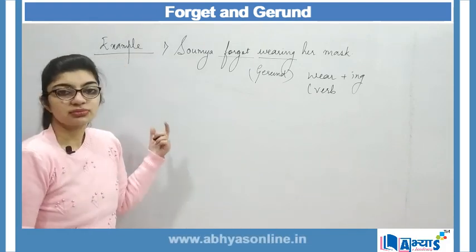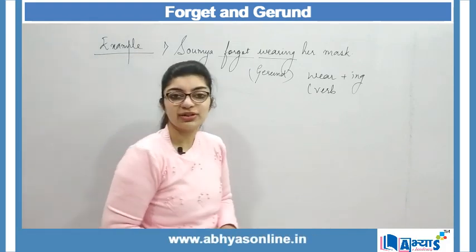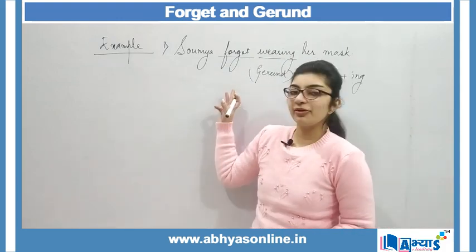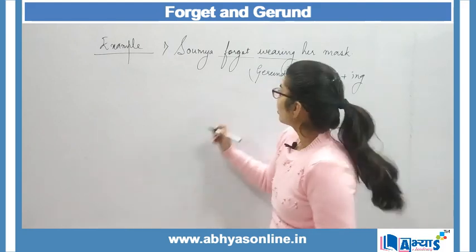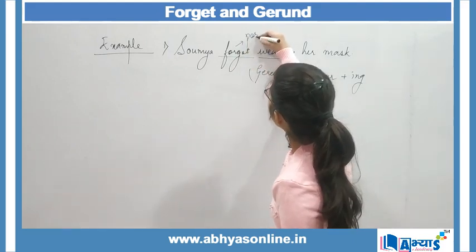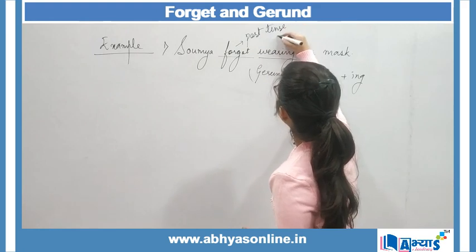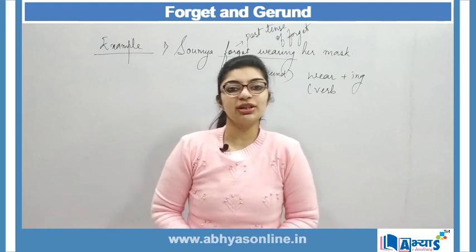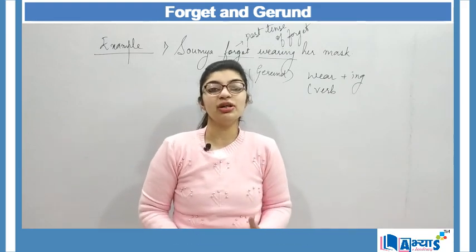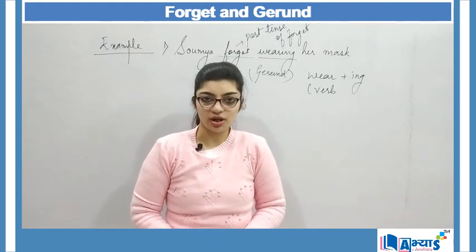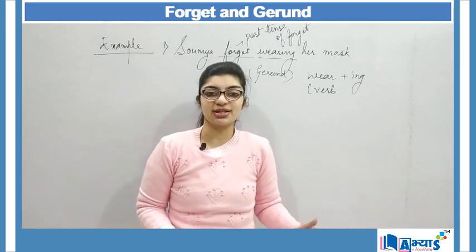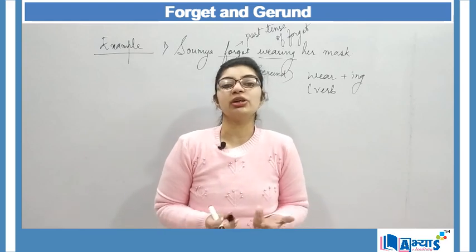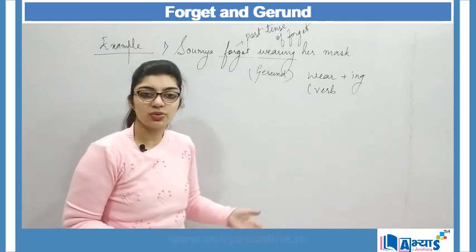So here I was talking about the word forget, but when it is being used in the past, my forget will turn to forgot, because forgot is the past tense of forget. So whenever we are making use of forget along with gerund, remember forget will always change to forgot because it represents a past tense, some action which was supposed to take place in the past but it did not. Why? Because the person forgot doing that action.